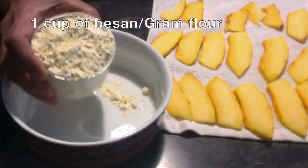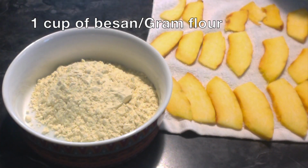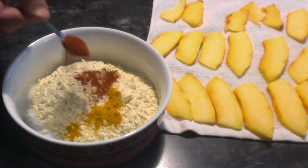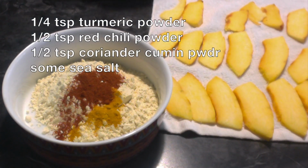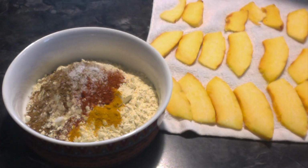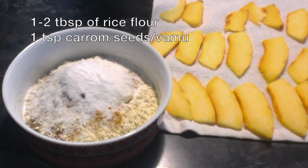Take 1 cup of besan in a bowl. Besan is also called chickpea flour or gram flour. To this add 1/4 teaspoon of turmeric powder, half a teaspoon of red chilli powder, half a teaspoon of coriander cumin powder, some sea salt, 1 or 2 tablespoons of rice flour,